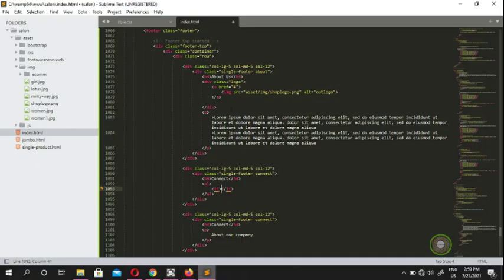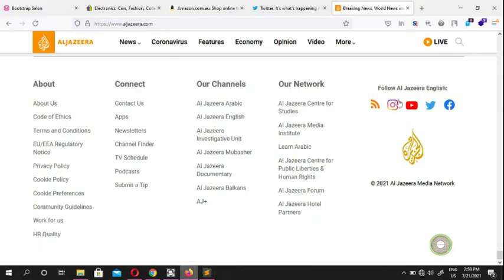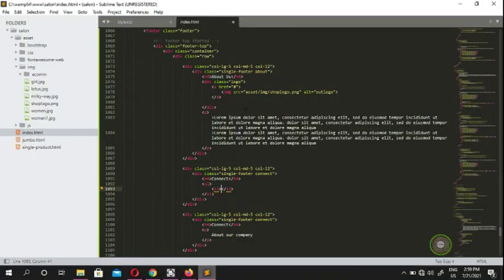So that's how with the first one, because this one only says shop and logo. There is no UL and LI here. So you see that's Al Jazeera, and there is just a date here, and that's what we don't need a UL and LI for. But with this one, you guys need a UL and LI, and it says